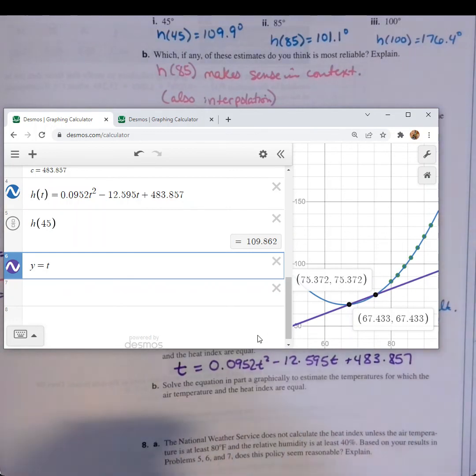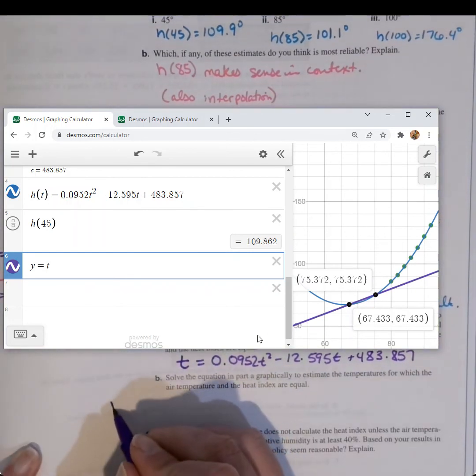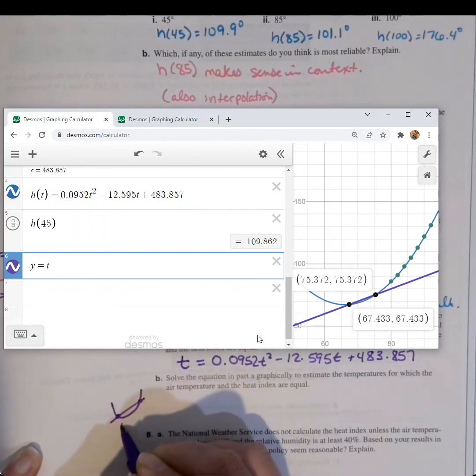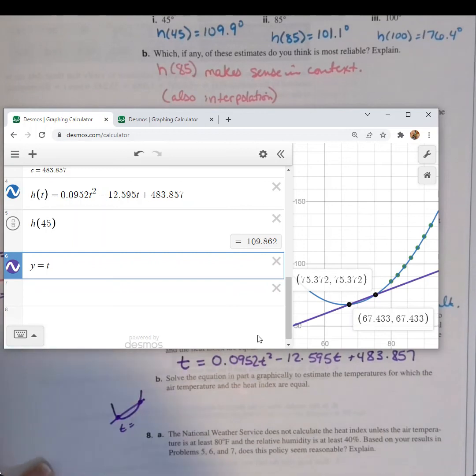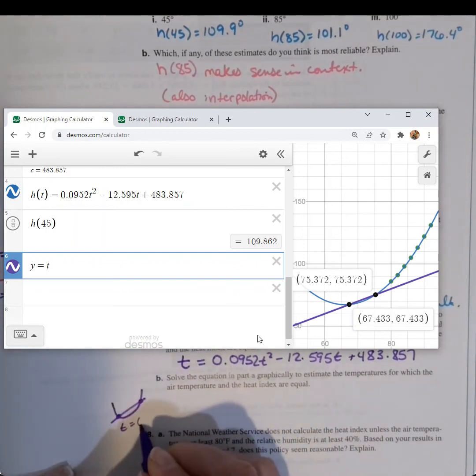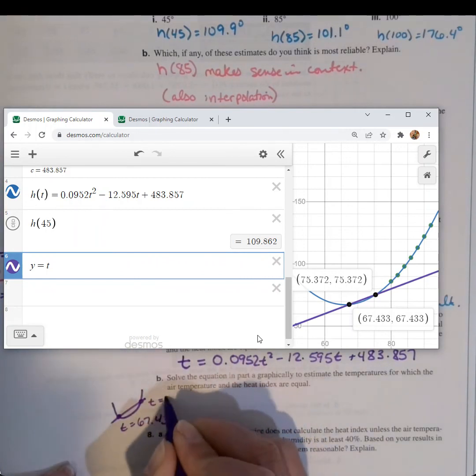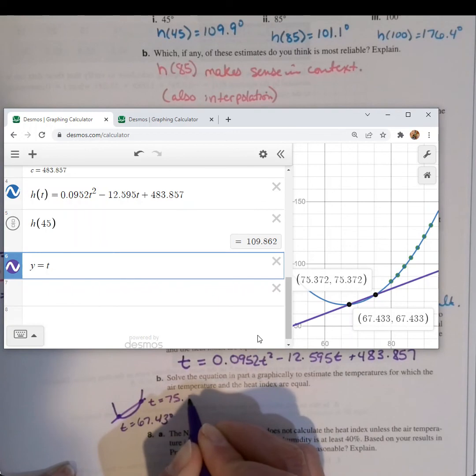One of the intersections is at t equals 67.43 degrees, and the other intersection is at t equals 75.37